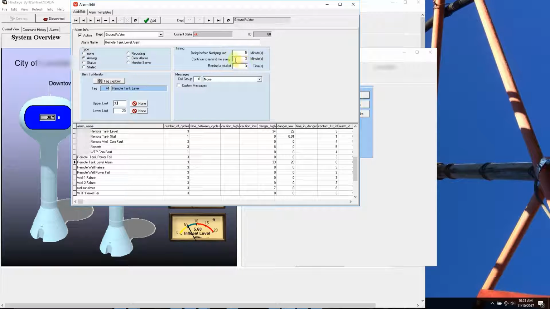Over here near the right-hand part of the screen is the delay. In this instance, if our remote tank drops below 20 feet, let's say, for more than 5 minutes, then it's going to reach out to the contact group that we set. If we wanted to say, I don't want to know that quick, I'd like to give the system a little more time to recover, you could change that to 10 minutes